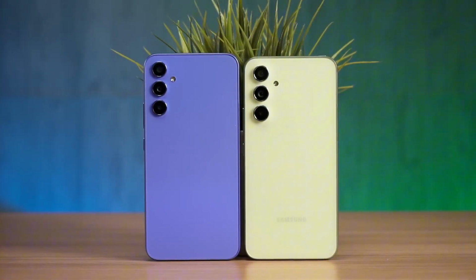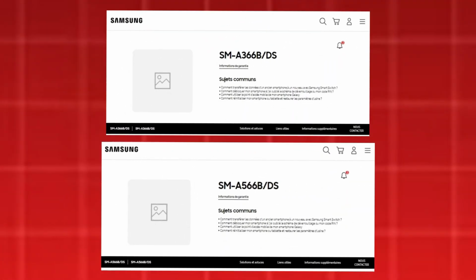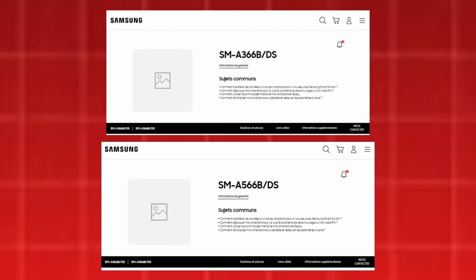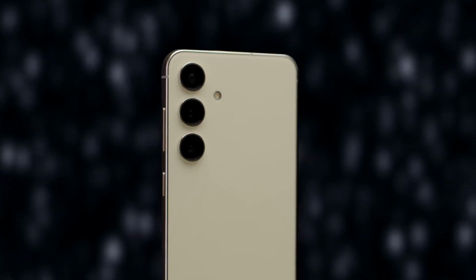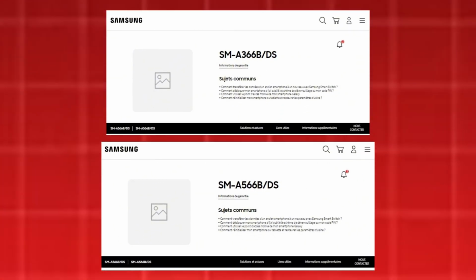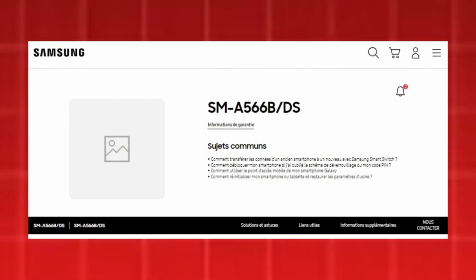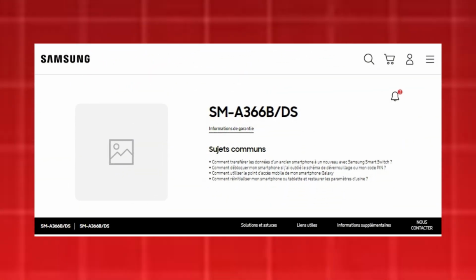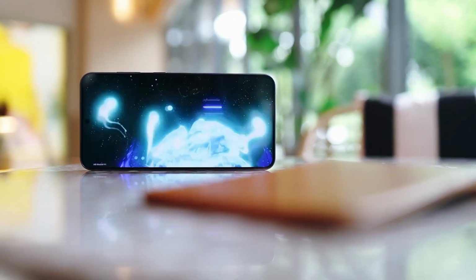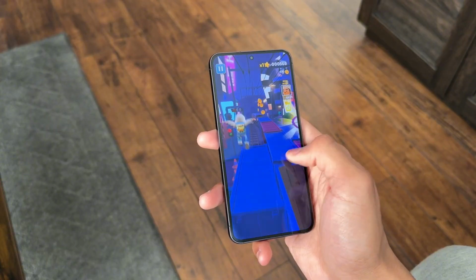7. Previously, we covered leaked details of the Galaxy A56, and now the mid-range phone's support page has gone live, signaling an imminent launch. In addition to the Galaxy A56, the support page for the more affordable Galaxy A36 has also appeared in France, suggesting that both devices will launch in the country soon. The listings reveal the Galaxy A56 with model number SM-A566B and the Galaxy A36 with SM-A366B. While the support pages don't disclose any specifications or features, previous leaks and rumors have provided insight into what these